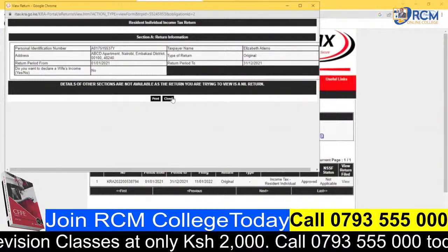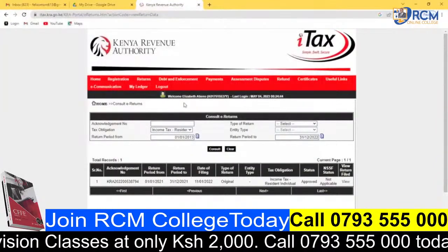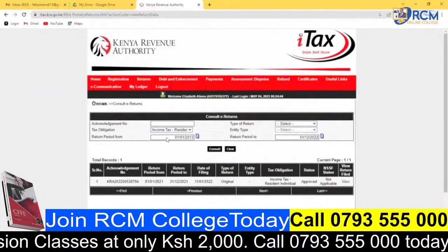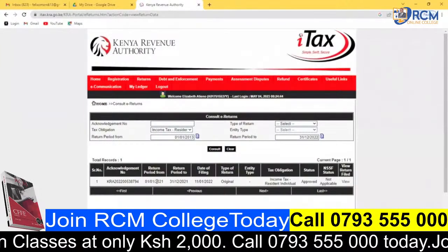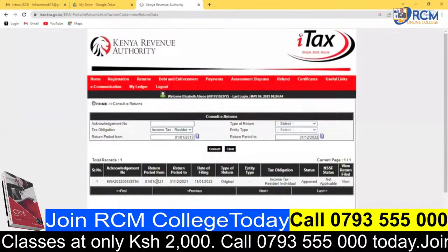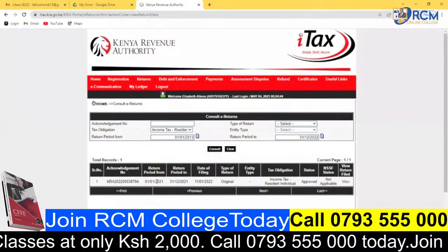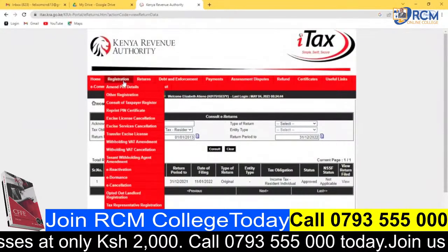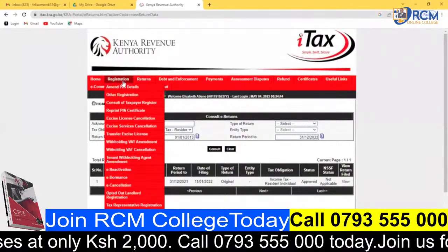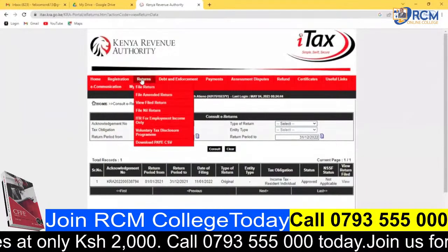So that's why the person filed what? A nil return. If you want to know why the person started filing from the year 2021 and not the year 2020, kurudi nyuma, you simply come here to this button of registration, which I'll still handle later on. And when you come to the button of registration,